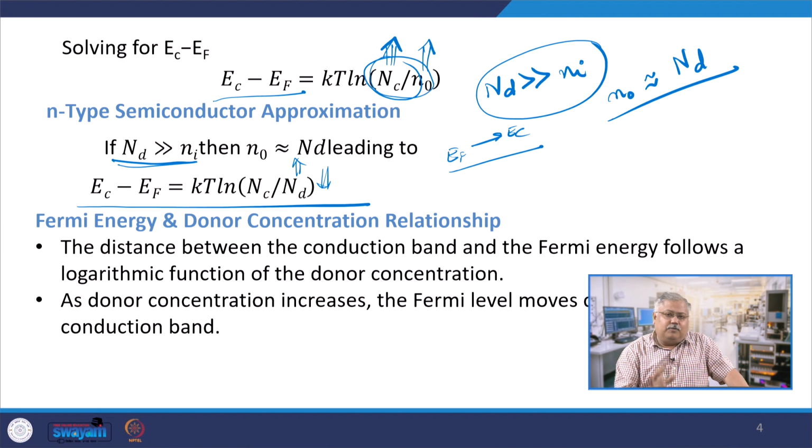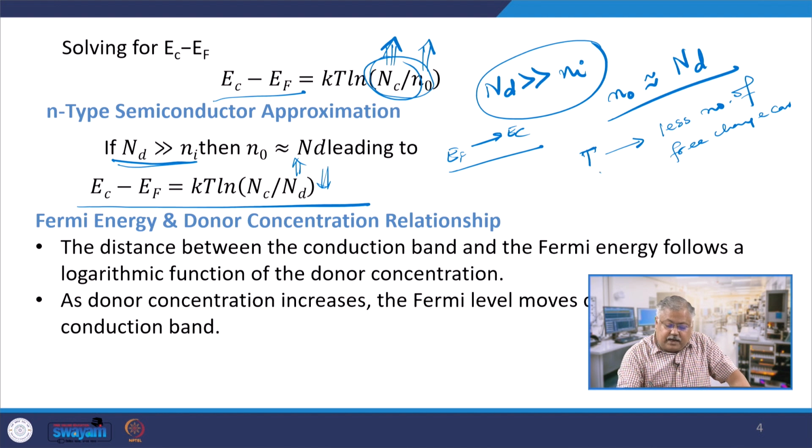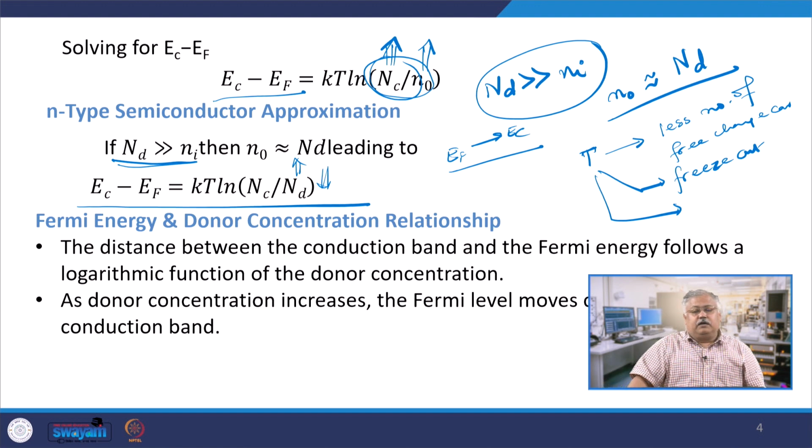So, the takeaway from all this discussion is that at lower temperature, I would actually see there will be a smaller number of free charge carriers, and at lower temperature there will be another problem that you will have. This is known as freeze out. And also we learned that the difference between the conduction band and the Fermi level is a function of